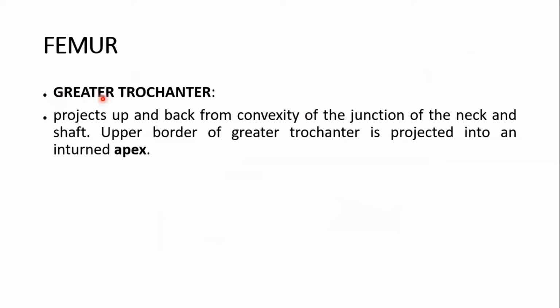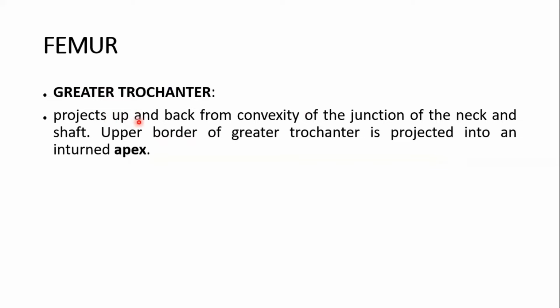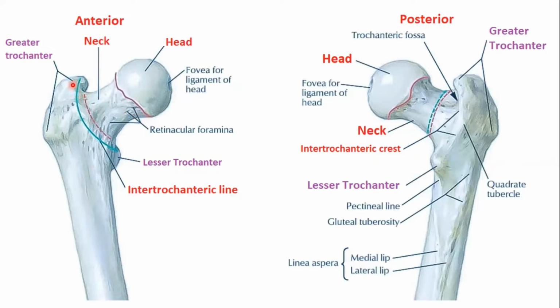Now, the greater trochanter of the femur projects up and back from the convexity of the junction of the neck and shaft. Upper border of the greater trochanter is projected into an internal apex. Here you could see this, right? You could see, and this projects up and back. It's up and back. This is the greater trochanter, up and back